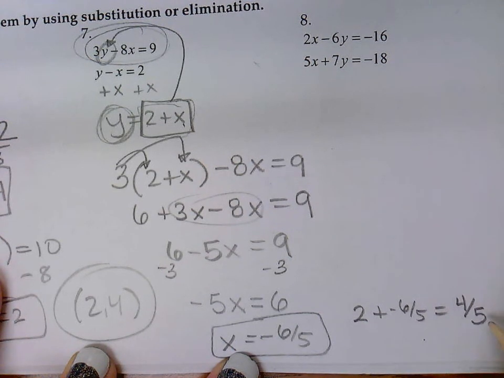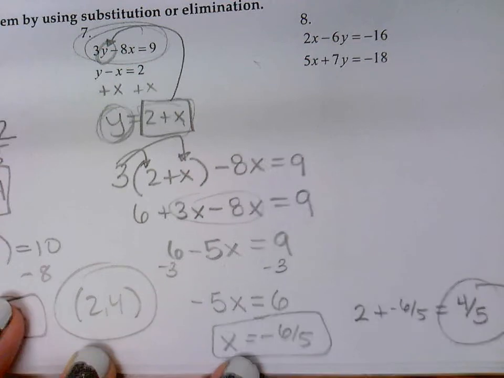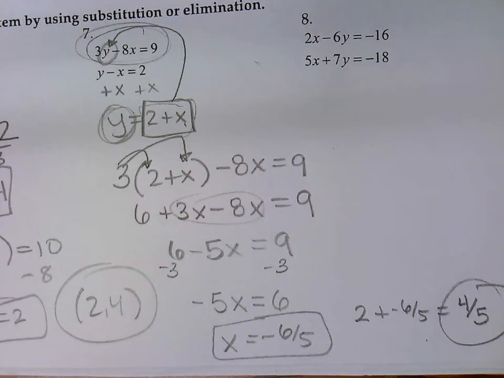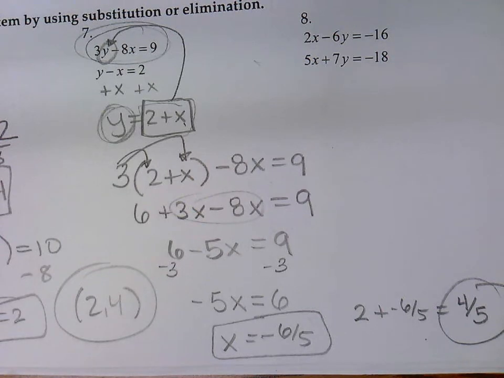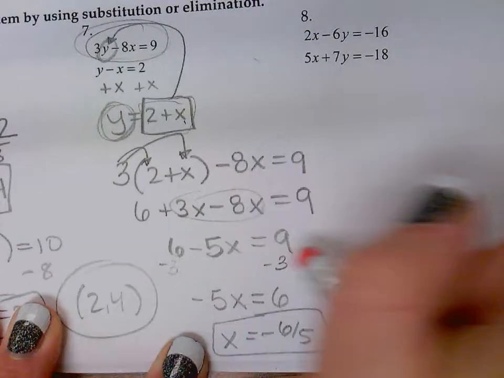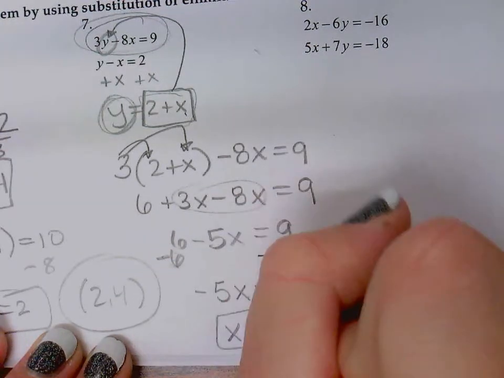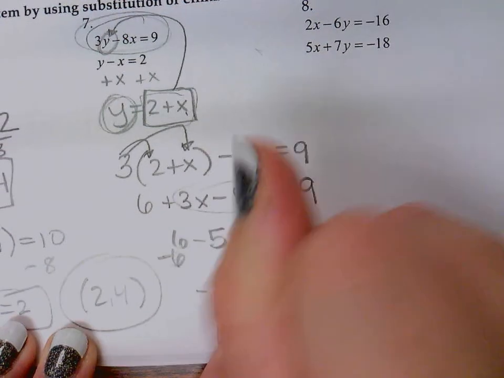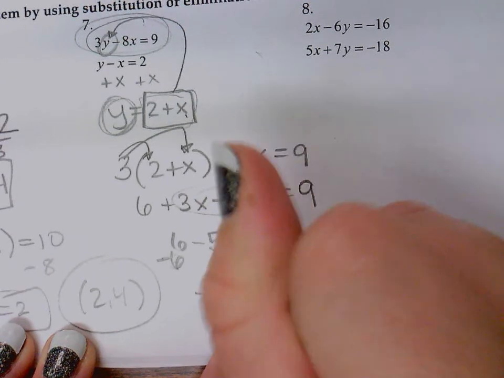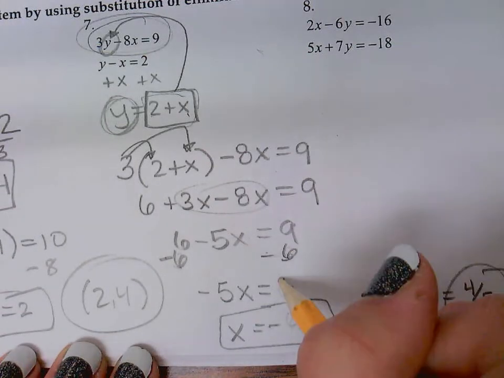Let's see if that makes sense. Oops, good thing I showed my work. Figured out what I did wrong. So even I make mistakes. Subtract 6. I knew that I was wrong because when I plugged it back in, it didn't give me the right answer. So 9 minus 6 is 3. So x would be